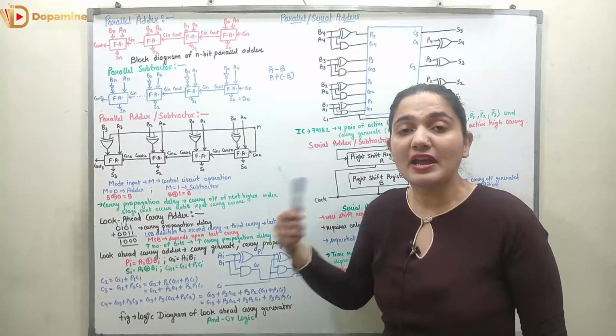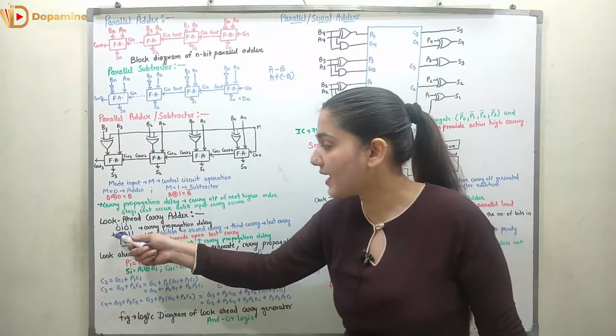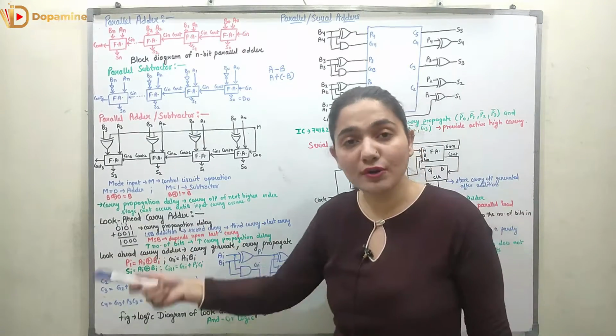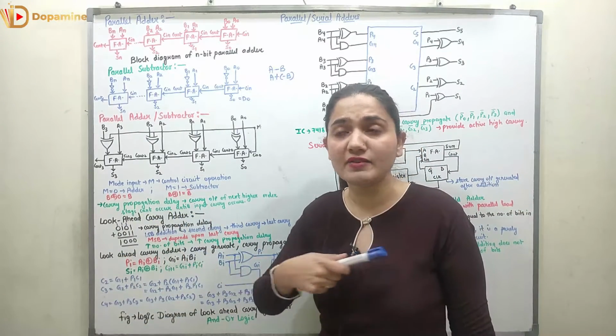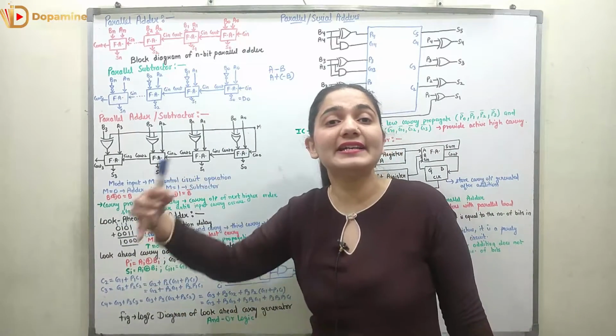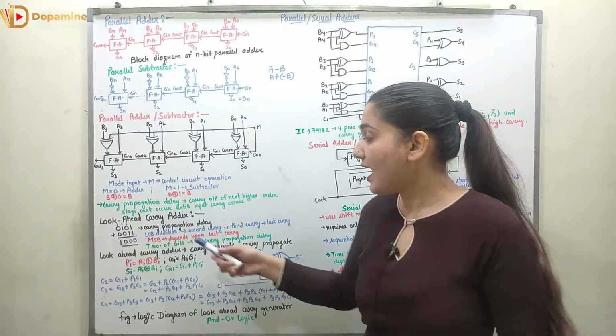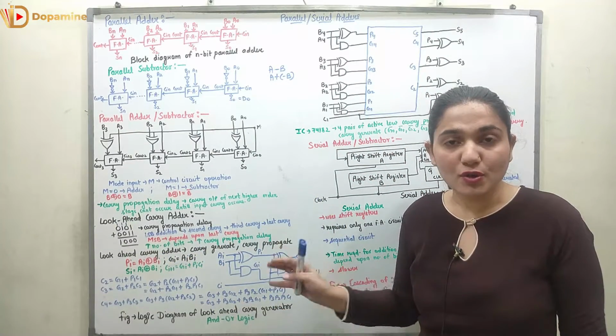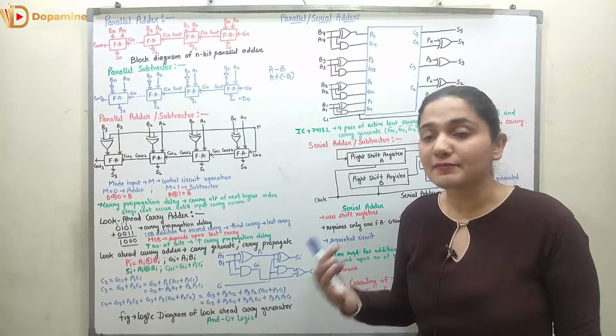So in this manner, the MSB depends upon the last carry, and this last carry depends upon all of the calculation. And thus, if I have more number of bits, here I just took 4 bits in the number. If I have more number of bits, let's suppose I have 20 bits, we have to wait until 19 carries are generated, and thus I have more carry propagation delay time. So the processor will become slow.